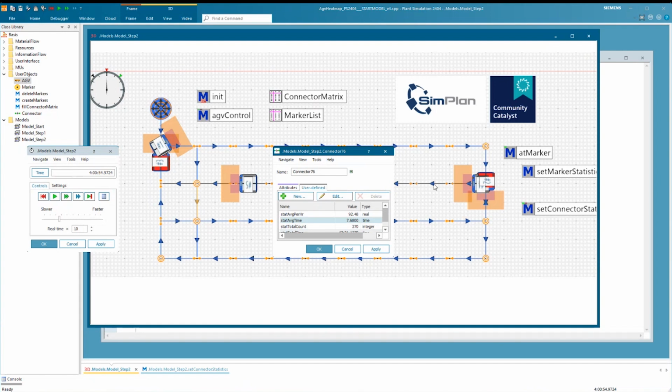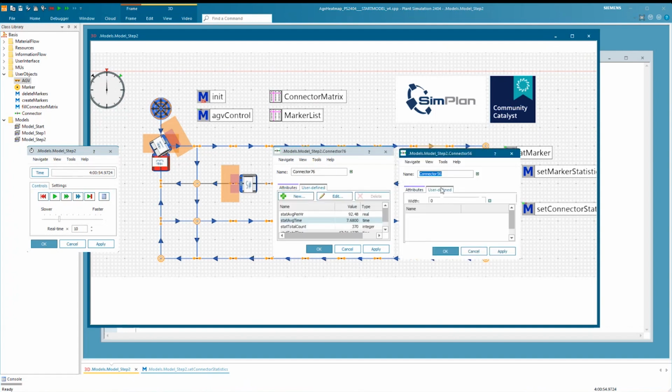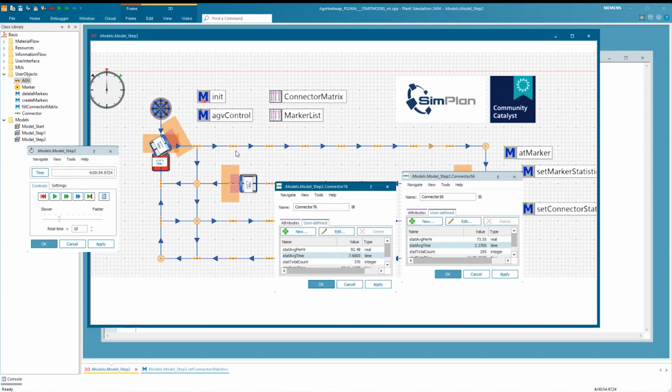And if you look at a different connector, maybe this one up here, then you will see a much smaller average time because, as I said, usually along these aisles I can just drive straight through. But here in these areas, there's more congestion or more traffic, so typically they would spend more time there.